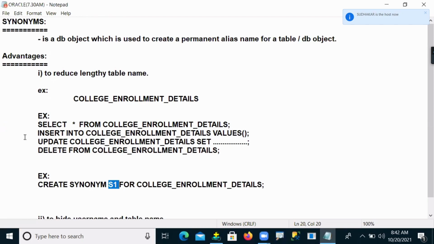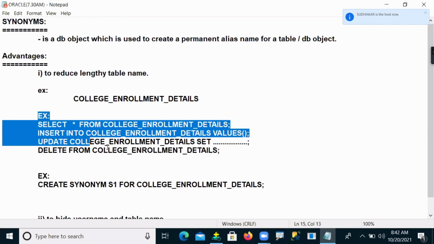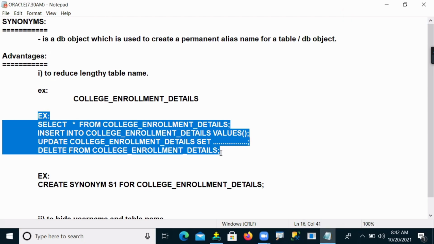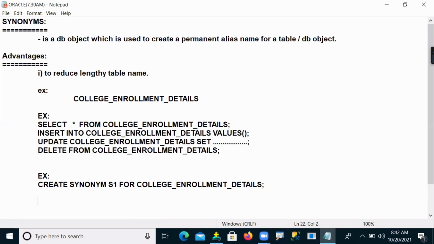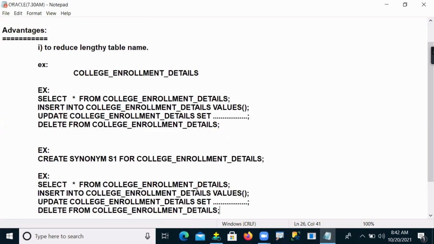Now, whenever, in the examples I was taking previously, before the synonym, after creating S1, in place of writing college underscore enrollment underscore details, I simply use S1.